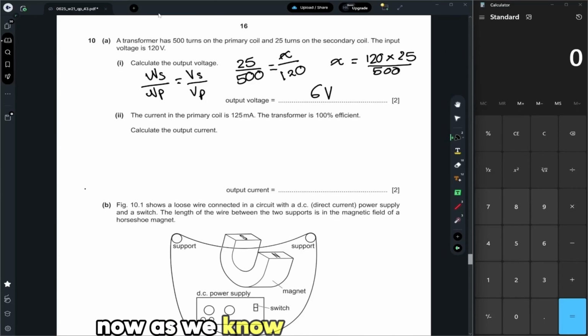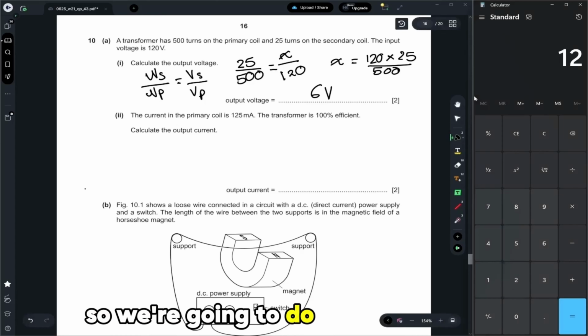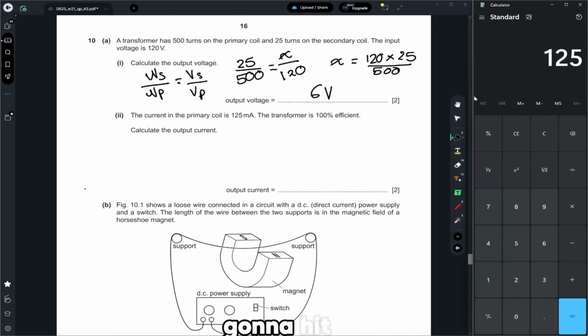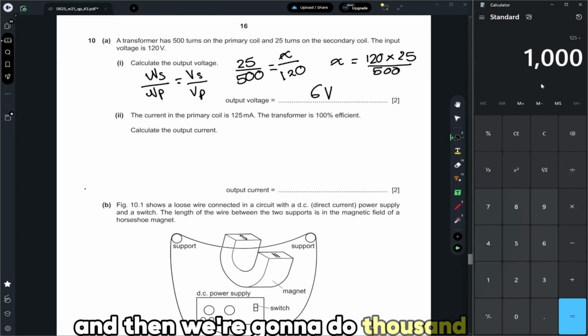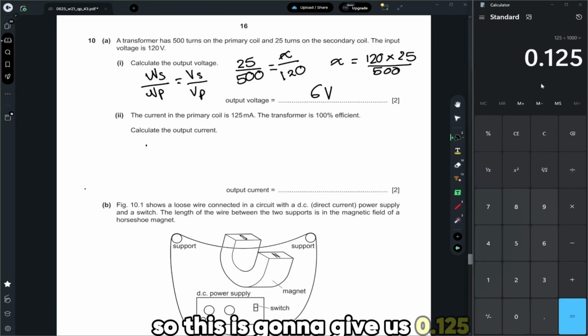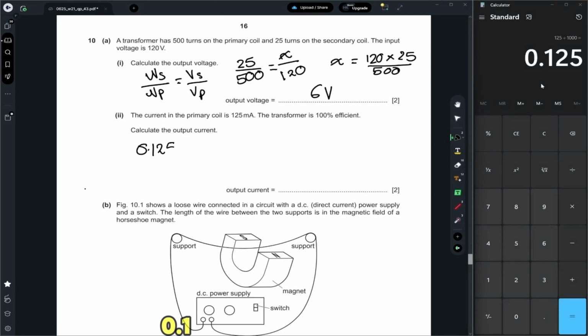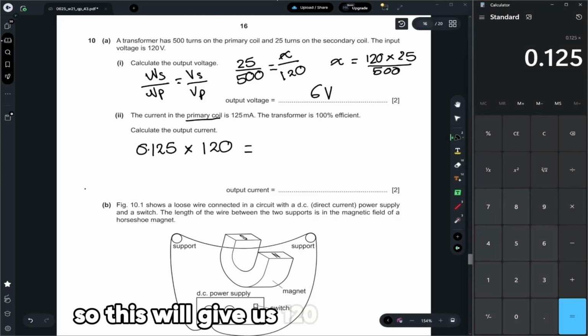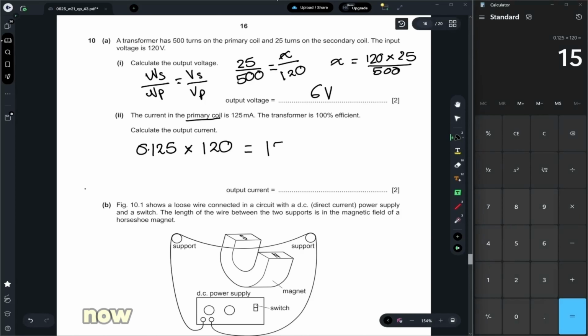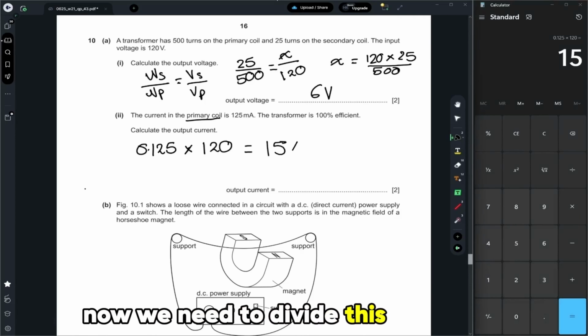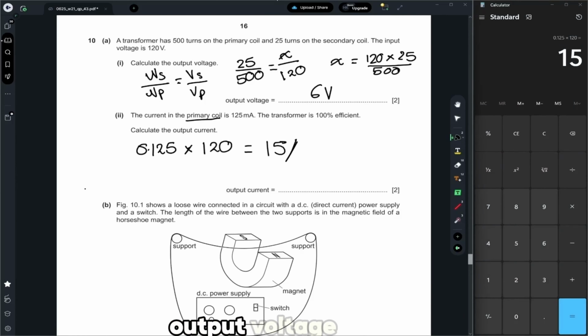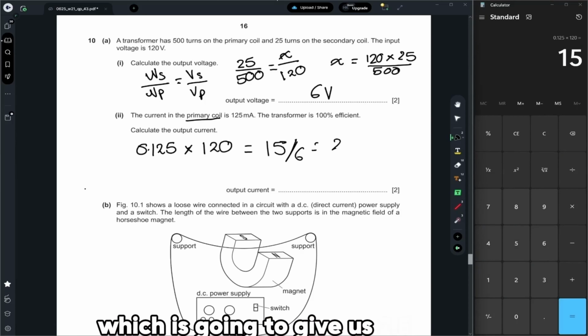Now, as we know, milli means 1000. So we're going to do 125, and then we're going to hit divide, and then we're going to do 1000. So this is going to give us 0.125. 0.125 multiplied by the voltage, which is 120. This is going to give us 15. Now we need to divide this by the output voltage, which is 6, which is going to give us 2.5